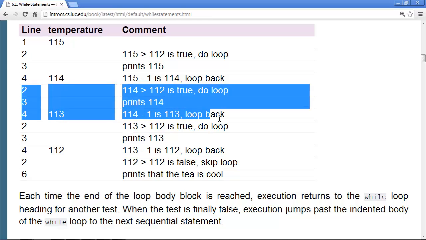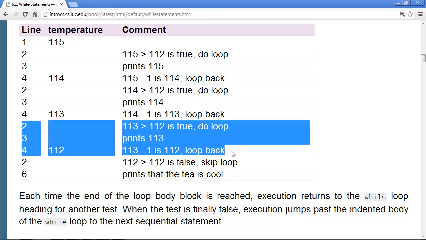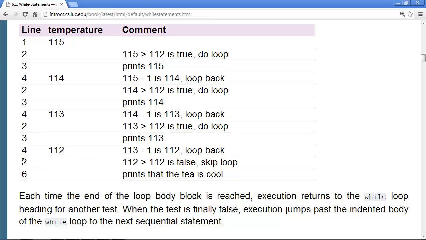We do lines 2 through 4, and then again we go back to line 2 and test, and then go through the loop again. Each time we go through the loop, we go back to the heading line, line 2, until finally the condition is false, and then we skip out of the loop, and the line after the loop was 6, where we print that the tea is cool.